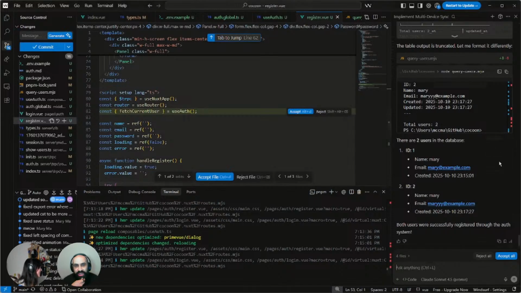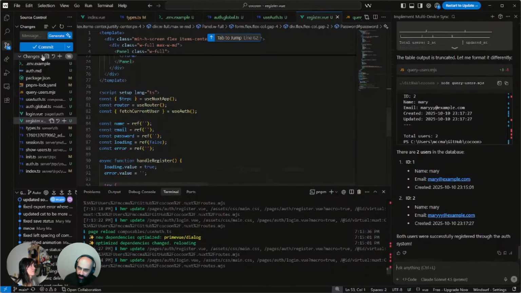So what it ended up doing was writing a script, a JavaScript file, to do that. And even that is useful. Even if that code is temporary or throwaway, you could ask it questions like this and it will figure them out for you, which is useful. So, there it is.